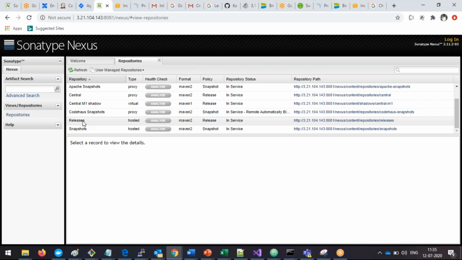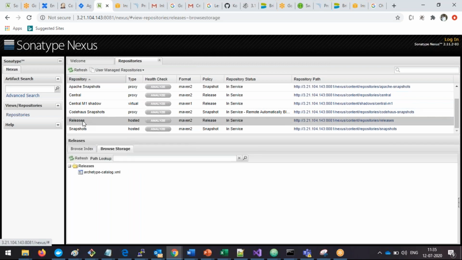By default, the artifacts are placed under the releases repository, the default location. Now if you don't want the releases, not the default, and want to have your own repository and push there,